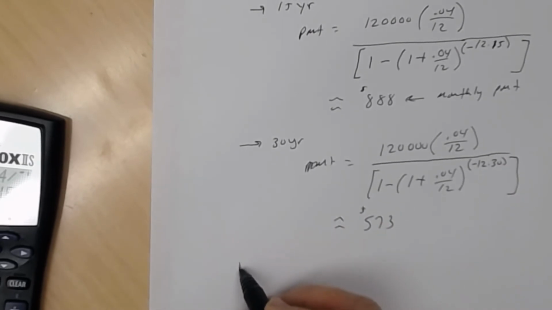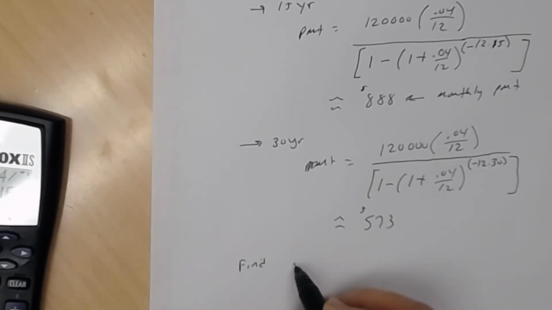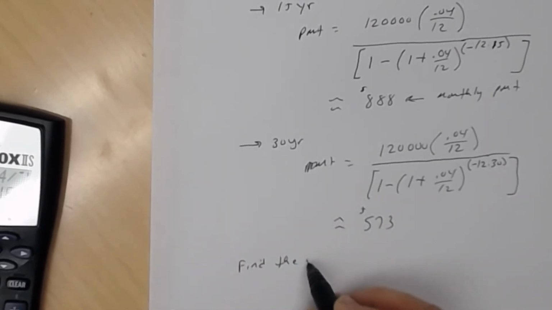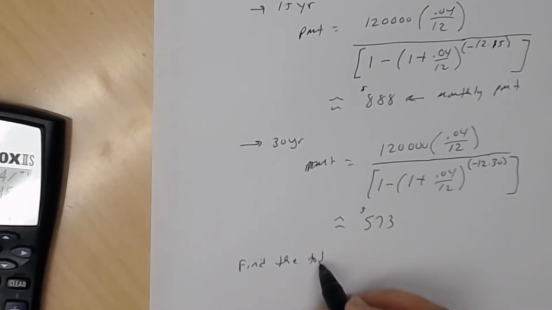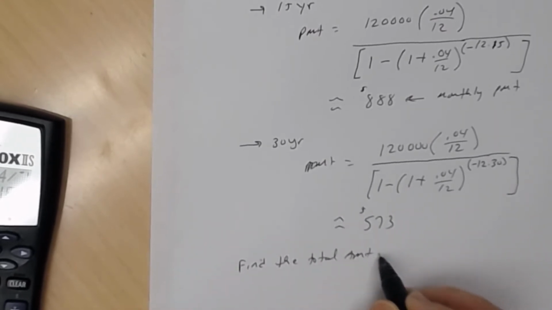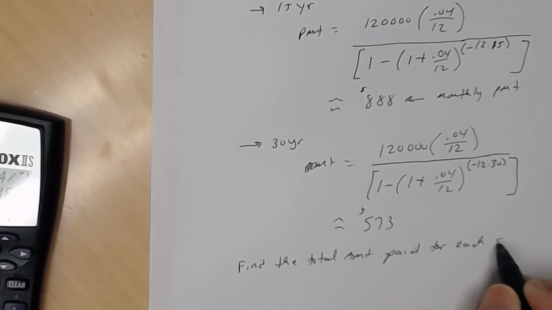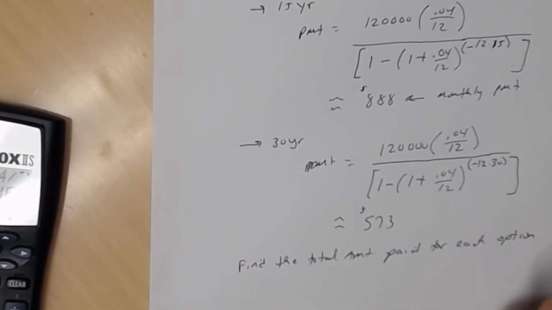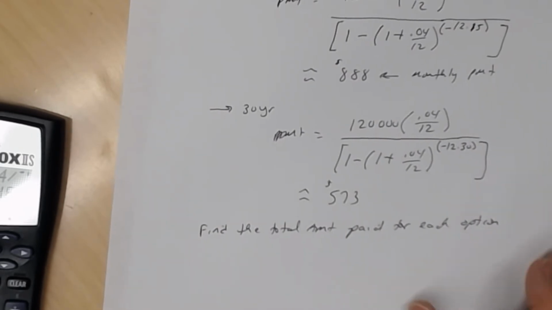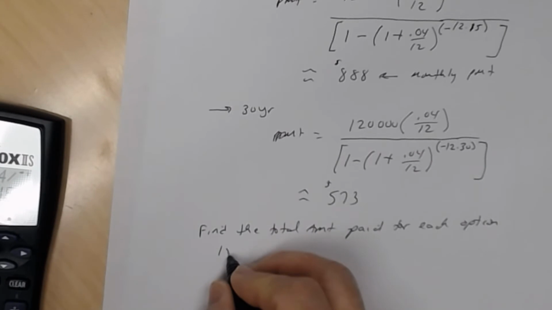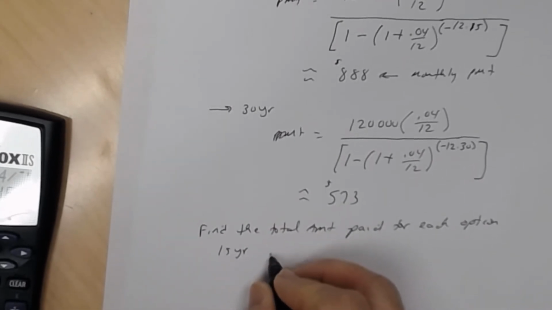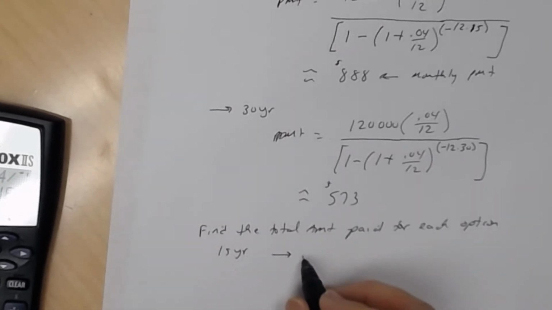Now let's find the total amount paid for each option. Let's do the 15-year first. The total amount paid